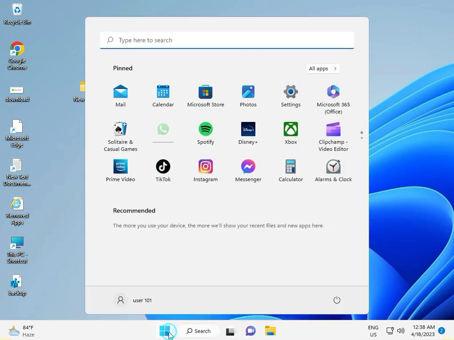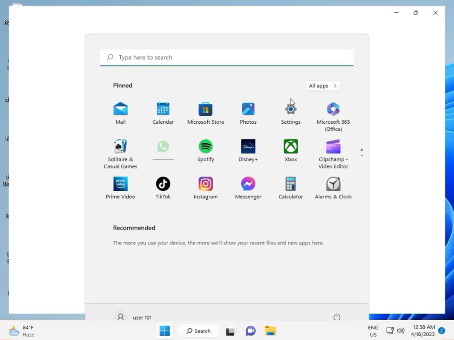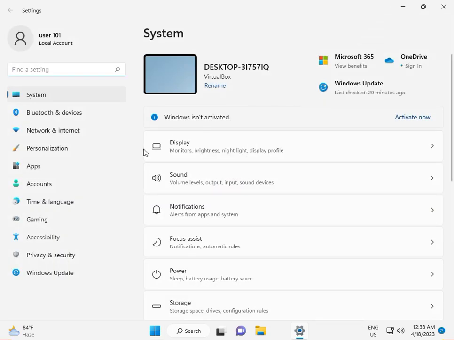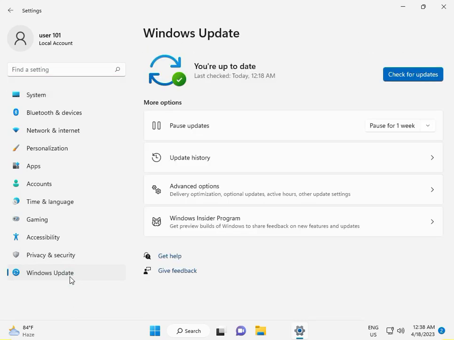And then again click the start button, go to settings, then click Windows Update. If you have any update pending, firstly update properly. Okay, you can click check for updates. Bring your system properly up to date and then please restart your system. And the next solution is,